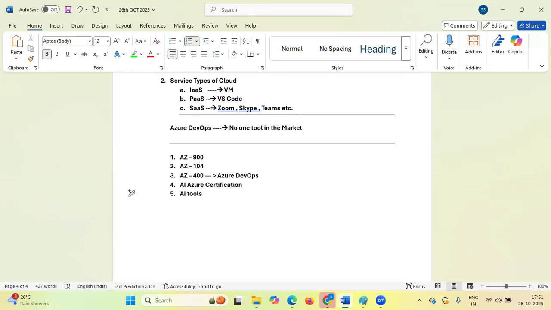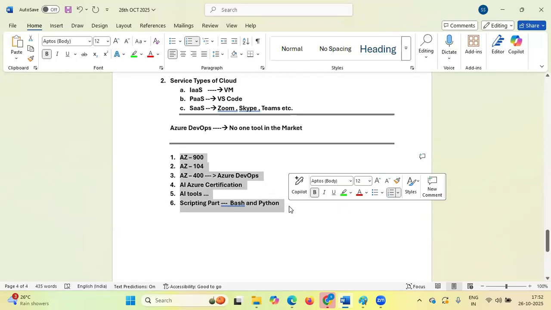These we are going to give you in AI tools. And we are also going to cover the scripting part, that includes Bash and Python. These 6 items we are going to provide you in detail.